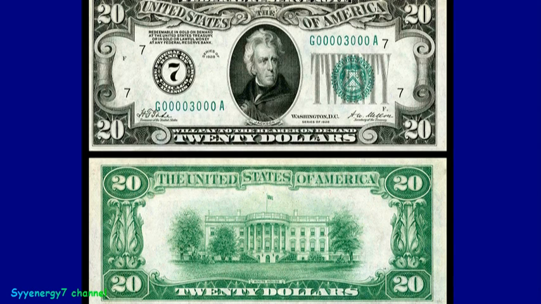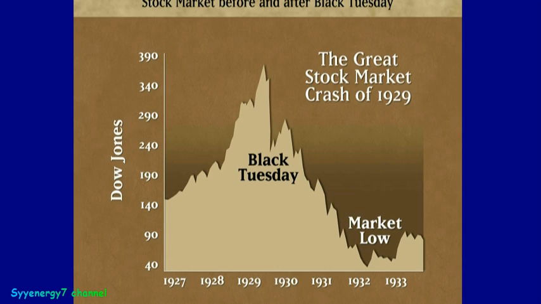one year later, what happened after 1928? After Andrew Jackson was put on this bill, we had a great stock market crash in 1929. Black Tuesday, right? Everything just boom. And I know it sprang back up a little bit. See, this was Black Tuesday over here. That was the big crash. But really, what happened was this dead cat bounce. And the real crash was 1932.